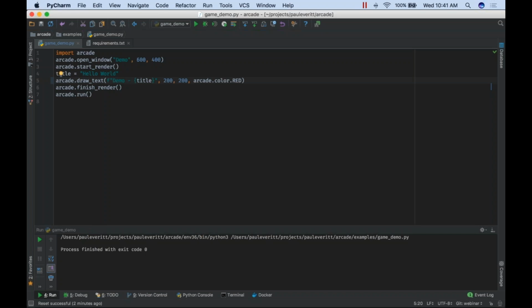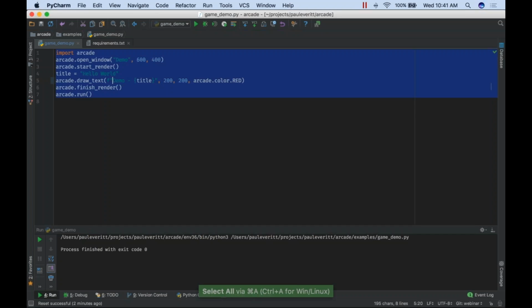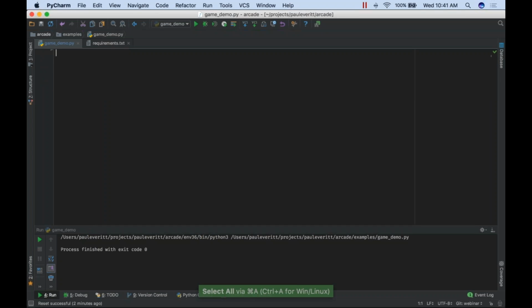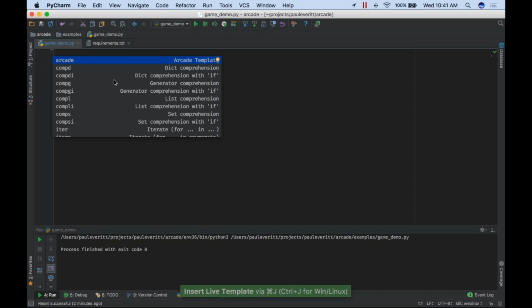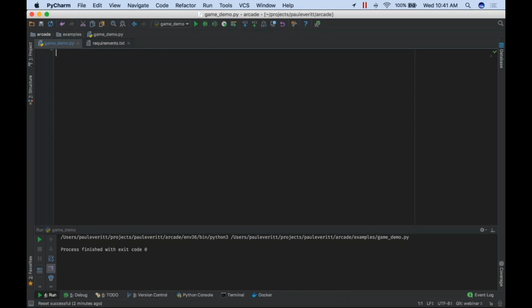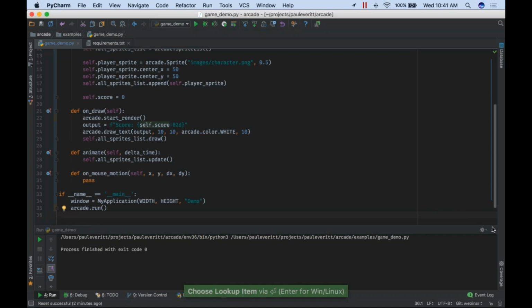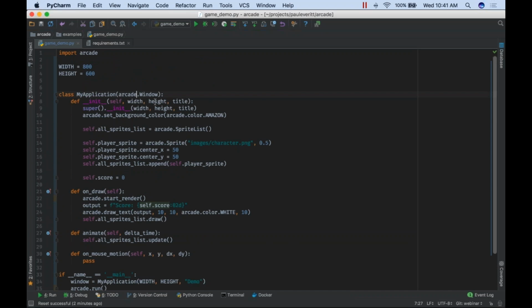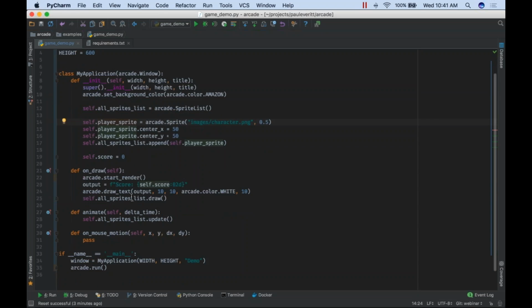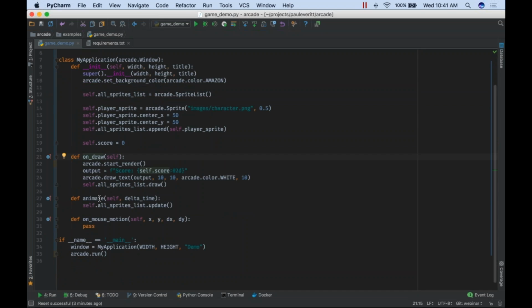Let's talk now about type annotations. And let's switch over to making a little bit more of a real game. I'm going to delete all this. And because I do some of the development of Arcade, I have to write games pretty frequently. I hate typing all that boilerplate. PyCharm has a feature called live templates, and I wrote a live template called Arcade, which will write all of the work for a basic game for me. This is a basic game in Arcade that inherits from the window, does some setup work, makes a player sprite for me, and then handles the onDraw event and the animate event and puts a stub in place for mouse motion. So now I can run this